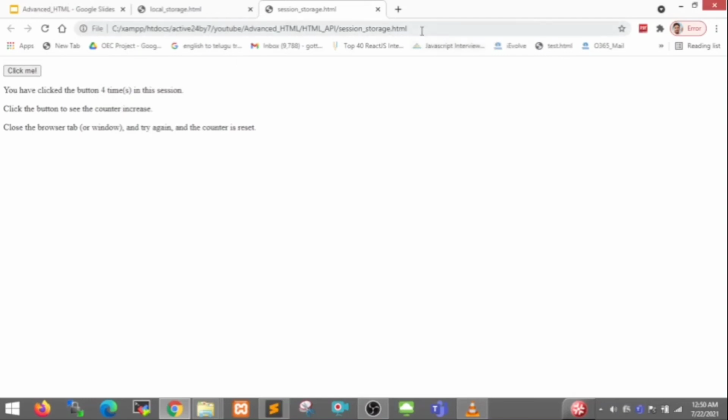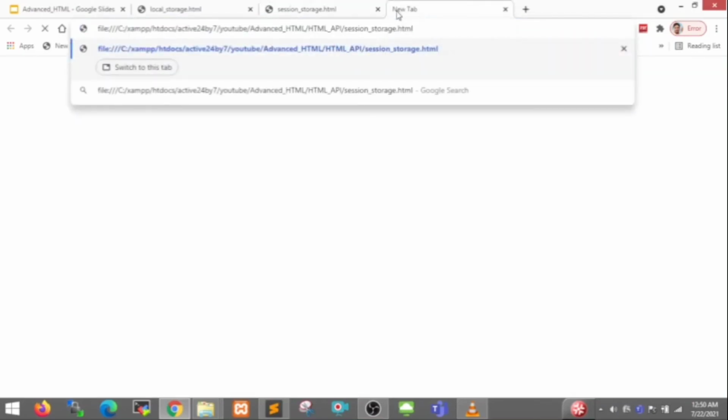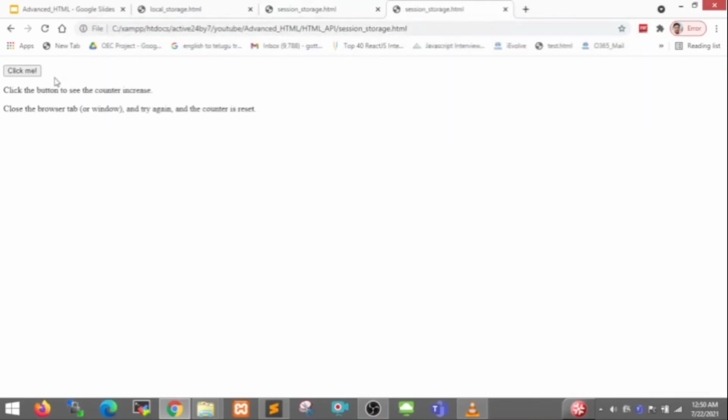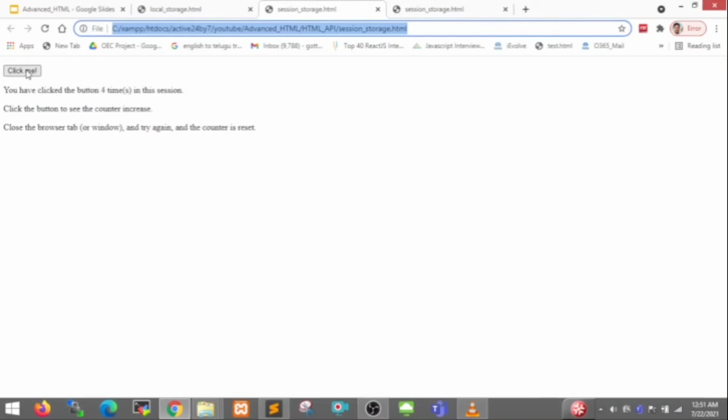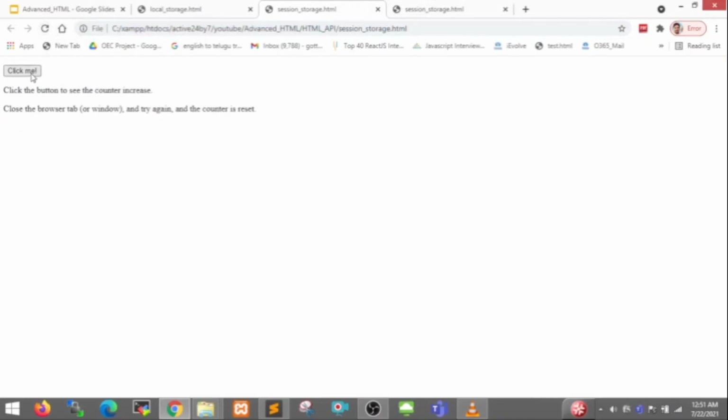If you open the same page in another tab, then you can understand the difference with session storage. Yeah, this is the new tab, right? Yeah, the new tab increments from 1 to 2, right? If I refresh it, then after 2, 3 is getting. In another tab, if I click on here 5, when I click on 5, 6 you will be getting.